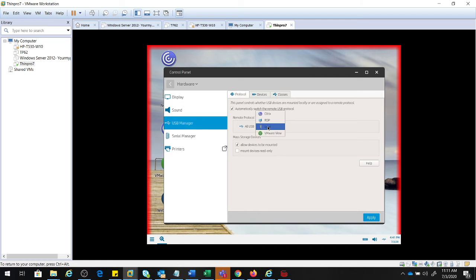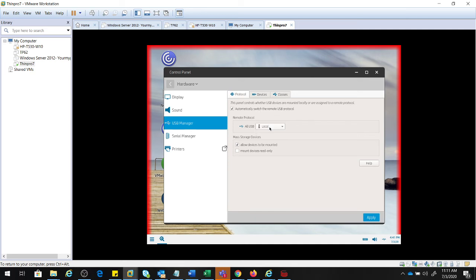For example, you need to select the USB remote protocol. In case you're using Citrix, RDP, or VMware View, you need to select accordingly, depending on which platform you're using. For example, now I'm using it on my local system.